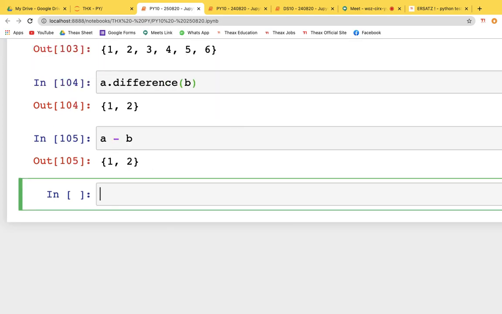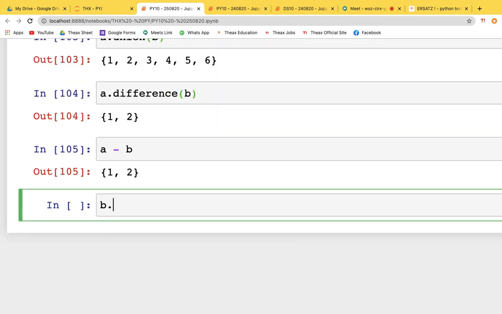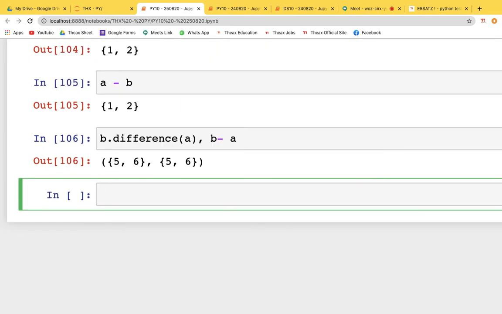Similarly, if we write B dot difference of A, or we write B minus A, both will work the same way, right? Both will give you the same values, 5, 6. Okay. Now, similarly,